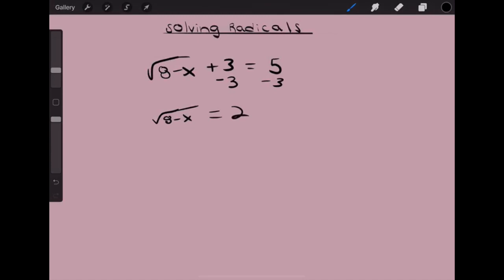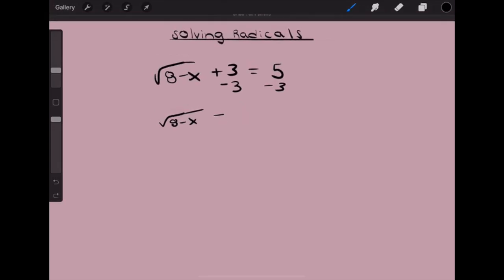Now, we can't solve for x yet because we have this square root over the 8 and the negative x. So, we have to do the opposite. If you have a square root, to cancel it out, you square both sides. So, we just square both sides, and that will cancel it out, so we just have 8 minus x is equal